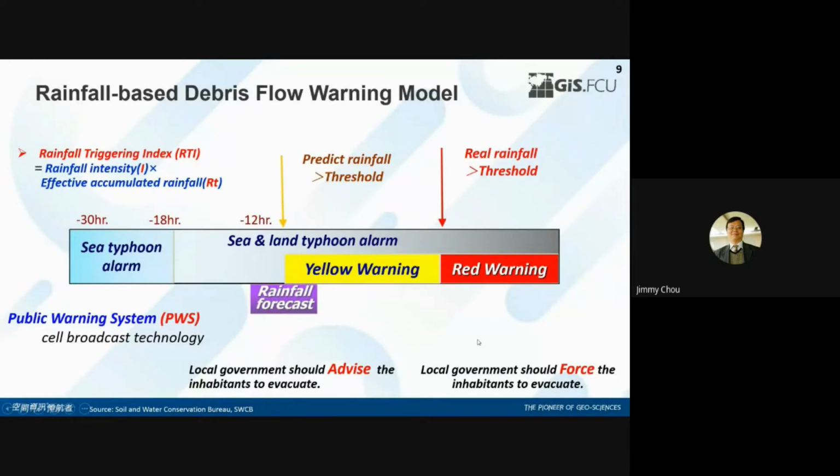So this standard operation process has been demonstrated to be very successful in avoiding any casualty, just after the very serious Chi-Chi earthquake and after several typhoon events over 2 and 3 years. This standard operation process depends on making the threshold for each different village. It needs some kind of model, and it also needs